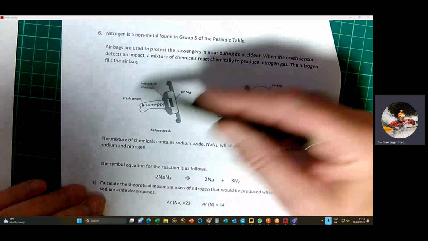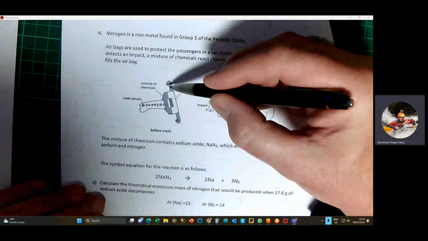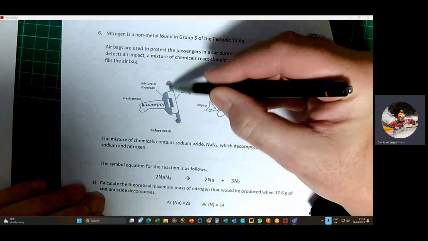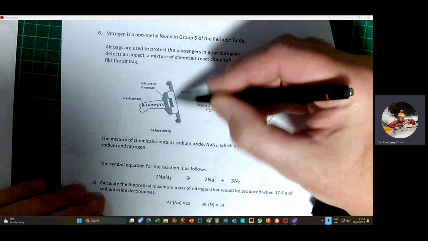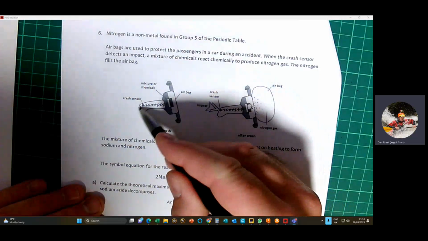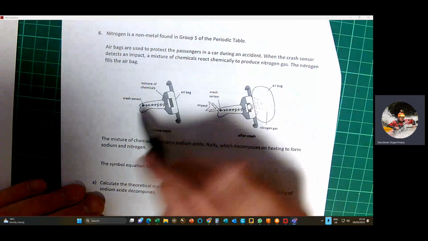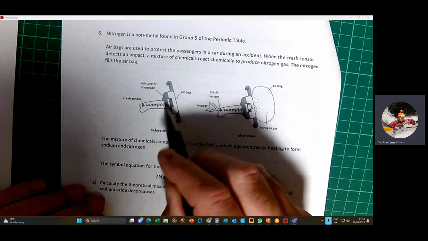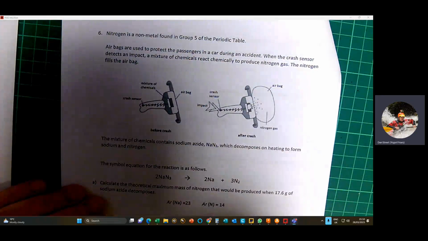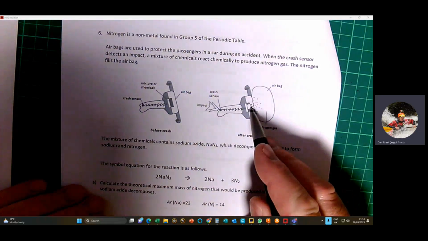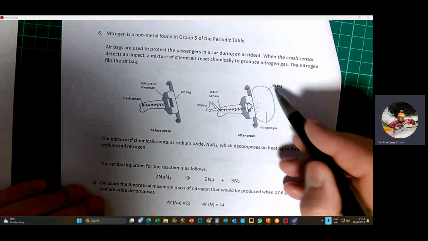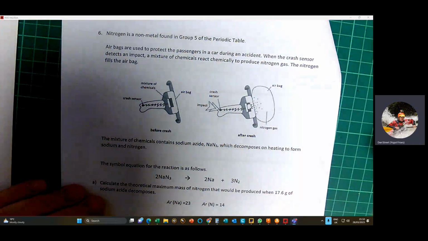So this is a diagram here of a steering wheel, a cross section through the steering wheel. So that's the steering wheel there. This is the hub of the steering wheel, the middle of the steering wheel. This is where it's attached to the car itself. And here's the crash sensor. And then in the middle of the hub of the steering wheel, there is this mixture of chemicals. When there's an impact, a reaction happens here that produces lots of nitrogen gas very quickly that fills up the